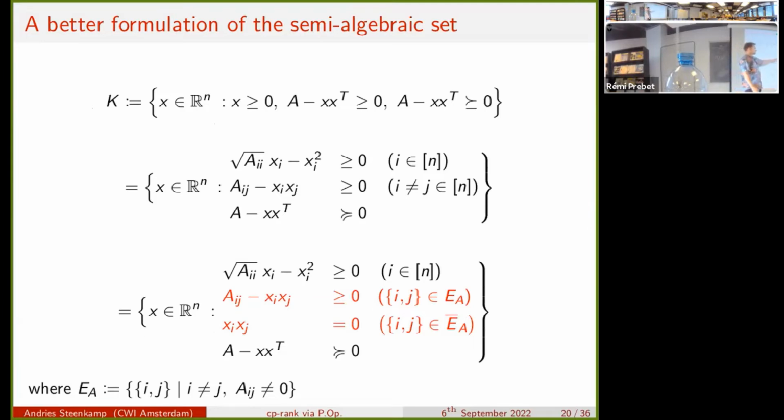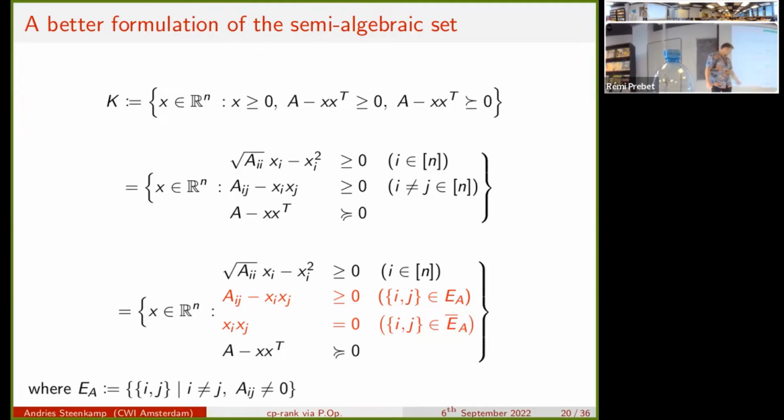You can also use this equivalent reformulation with some polynomial identities which allow you to show that the quadratic module based on these inequalities will imply those. And because I know beforehand that the quadratic module is stronger for this set, we prefer this one. That's the first reformulation. And the second reformulation, we're going to split this line into multiple lines, here in red, because we're going to take into account zeros in the matrix. This is where our sparsity comes in, and we will be creating ideal constraints.